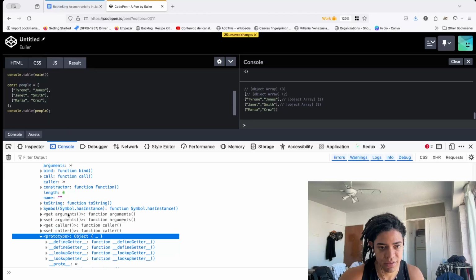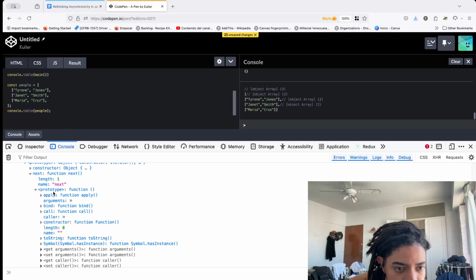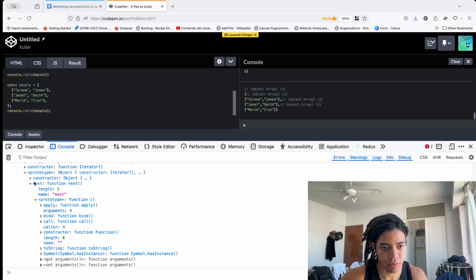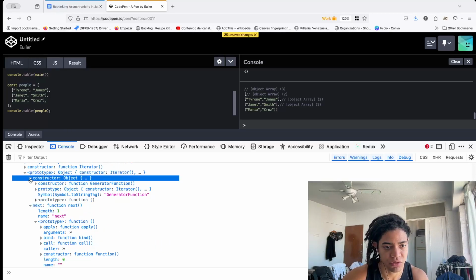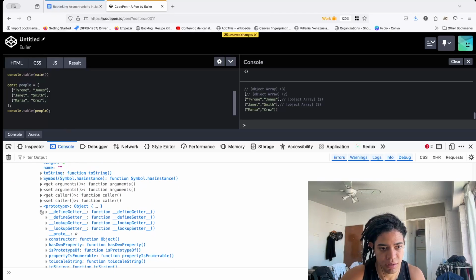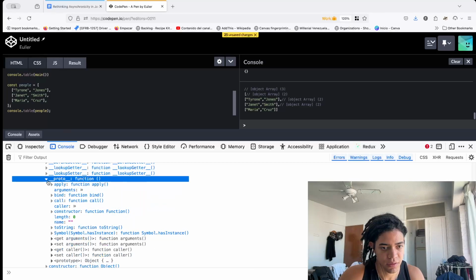In this case, this is the constructor here, constructor object, but it says the next, right? That is going to return